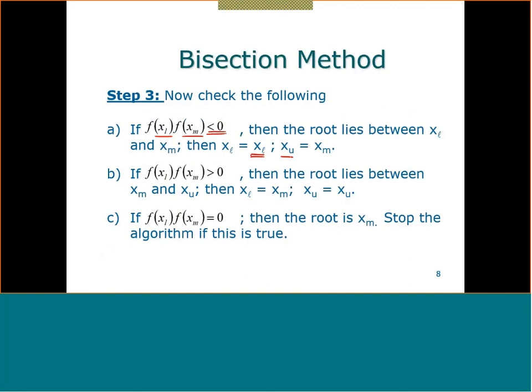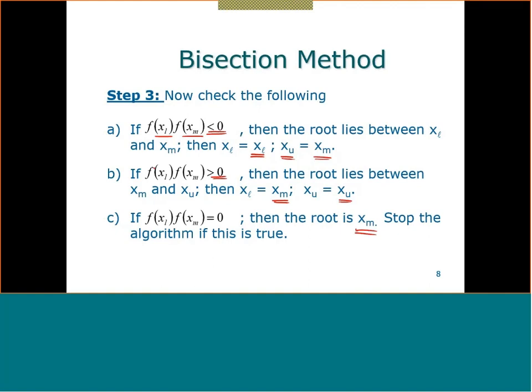And now we'll start a new period, which is half the original one. If f of XL times f of XM is more than 0, so I know for sure without even checking that now my lower limit will be XM itself and my upper limit is the XU. So I will take the other half with the answer there. But if they are exactly equal to 0, which is most of the time unlikely, then the root is XM itself and we will stop. So this is basically the